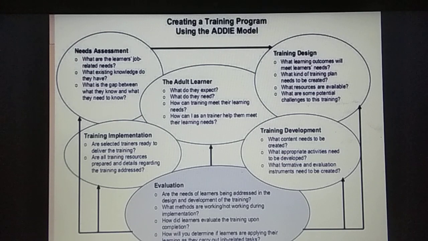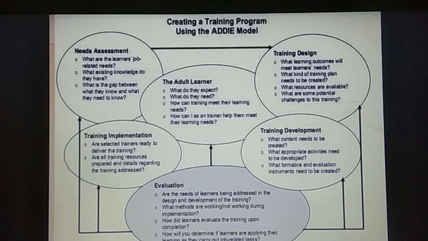So training implementation, which will help in need assessment as well as training development, because training is an important factor of our organization to do any job in any organization, and training plays a very important role in the development of